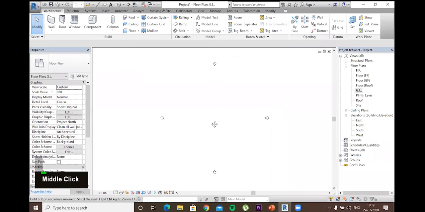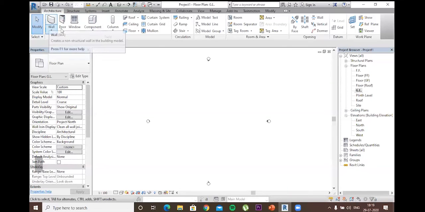Okay, on the ground level, first of all we should make a plan of what we are going to work on. Okay, so first we have to create the plinth of the structure. So for that we will go